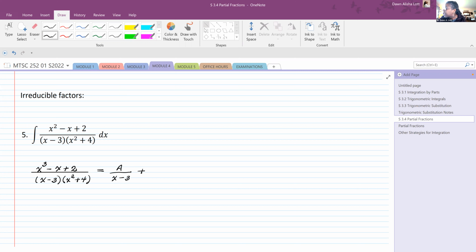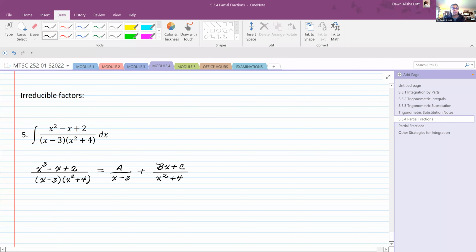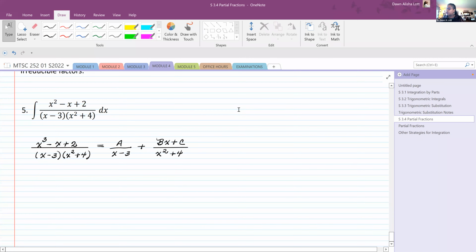But because I have a quadratic irreducible factor x squared plus 4, I have to put Bx plus C over top of it. So anytime you have an irreducible factor, you have to use a linear factor on the top, Bx plus C. And so now when I go to solve for my major equation, I get x cubed minus x plus 2 is going to be A times x squared plus 4 plus Bx plus C